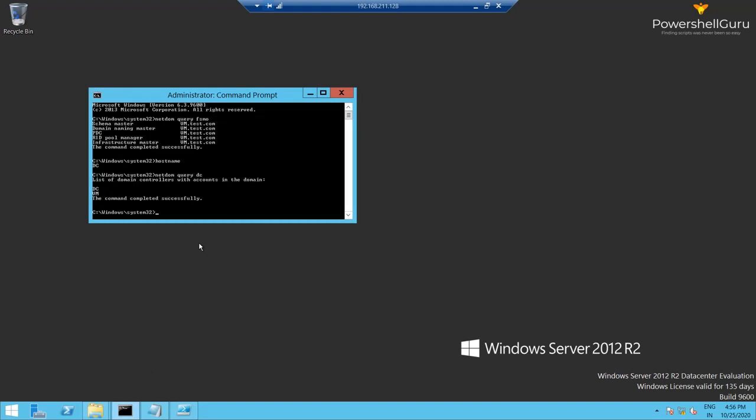You can see the schema master, domain naming master, PDC, RID pool manager, and infrastructure master are all in vm.test.com, where test.com is my domain. VM and DC are my domain controllers in this environment. To check this, I have another query, netdom query dc. It will provide all the domain controllers in your domain. I have created this test.com domain as my test lab. If you want to check my test lab details, you can click above.